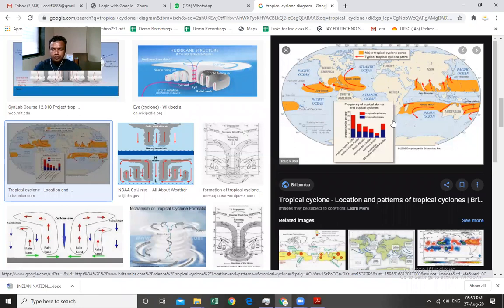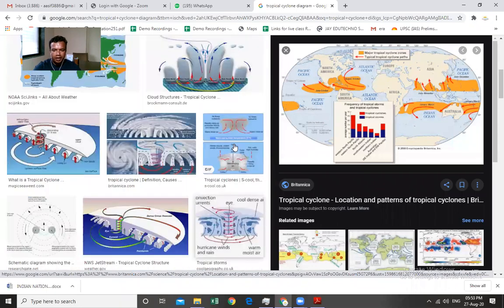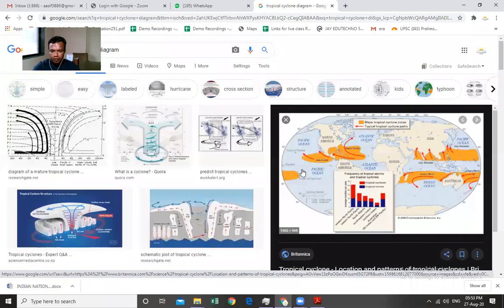Fine. Now going to the second type of cyclones, which are created in the temperate zone, right? The whole world is divided into three climatic zones. Now this zone, can you see, from the equator 0 to 10 degrees north and 0 to 10 degrees south, or maybe 0 to 5 degrees north and 0 to 5 degrees south, is called the equatorial zone. And above the equator, both in the north hemisphere and the south hemisphere, between 10 to 30 degrees latitude, this zone is called the tropical zone.